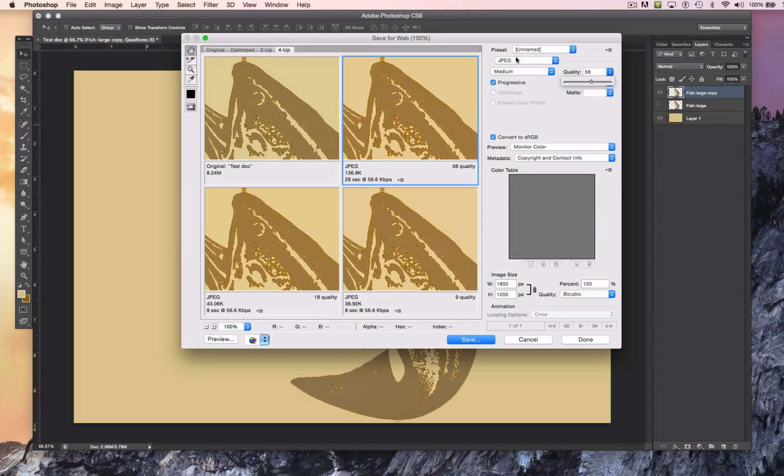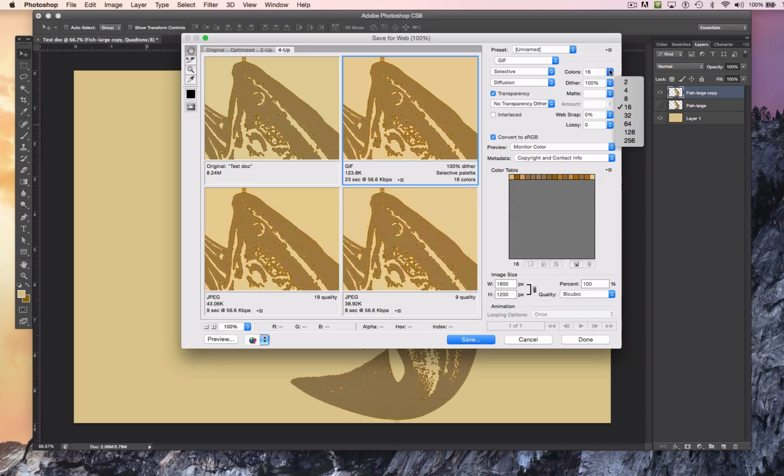The mode that we're looking in right now, JPEG, is really more for continuous tone photographs, like a photograph of a car or a person, something that's not a flat graphic. For flat graphics, you can try JPEG, but you're going to sometimes end up with weird little things like these outlines. We recommend you go to GIF. And a GIF,